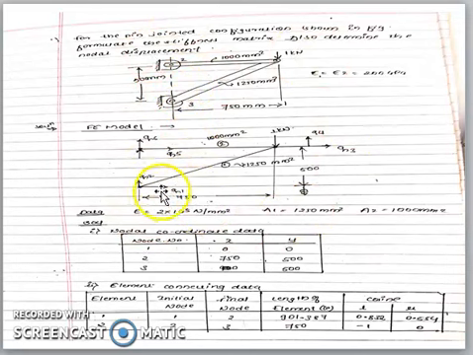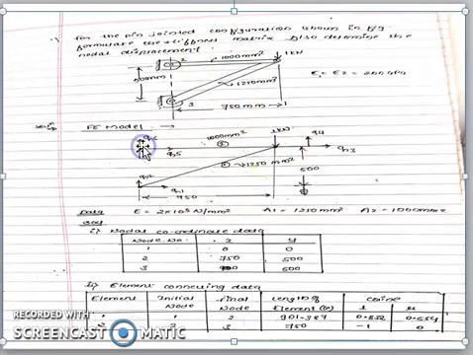So I will start drawing here. I drew the figure here. How many elements are there? Here it is given 2 elements. If 2 elements, how many nodes? 3 nodes: 1, 2, 3. Elements are 1 and 2. In the given figure this is element 1, this is element 2. If 2 elements, then it is 3 nodes.